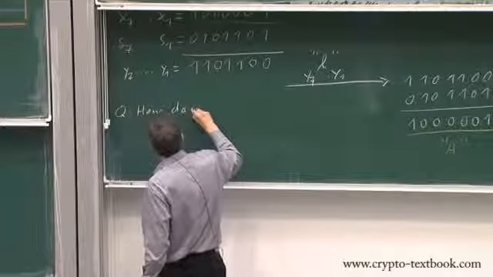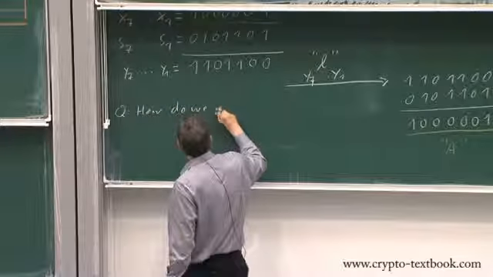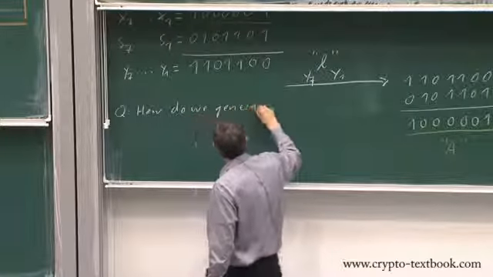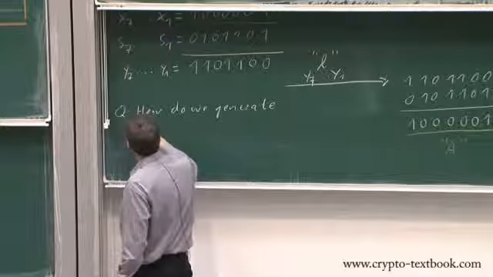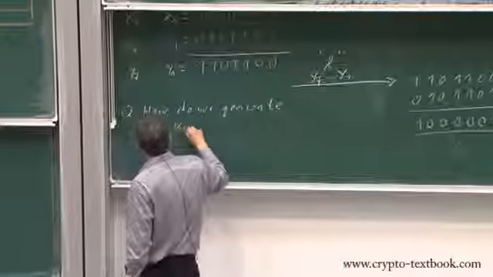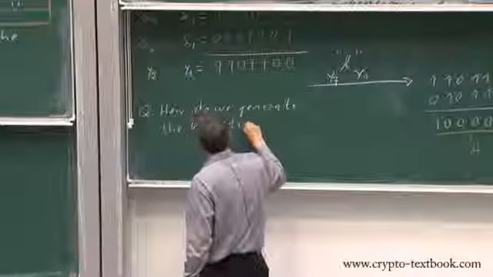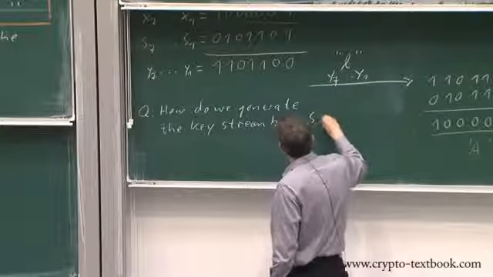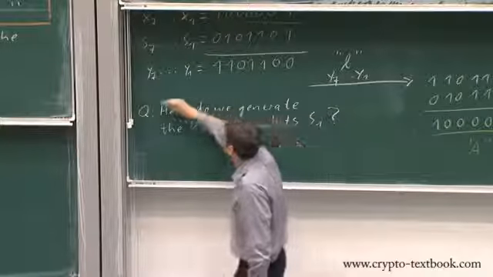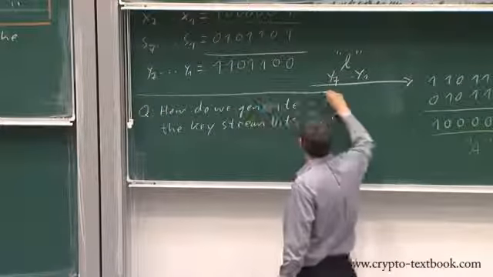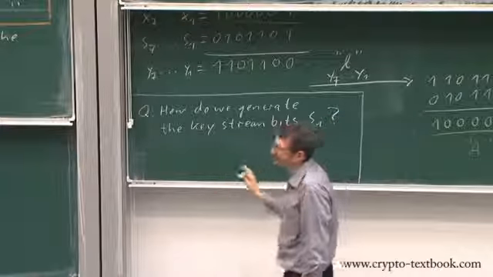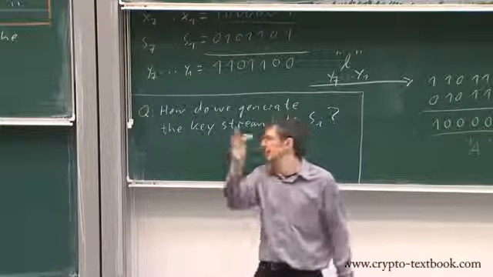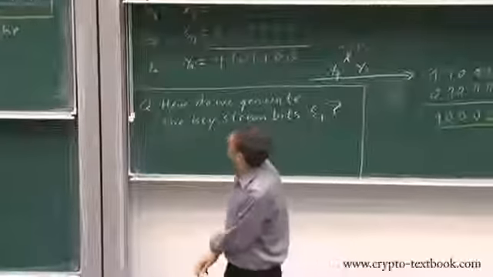Okay, so the big question at this point is how do we generate the key stream bits si? Maybe how do we start? Okay, let's start with this. Do you think it's a good idea